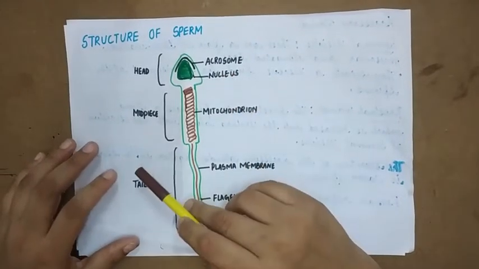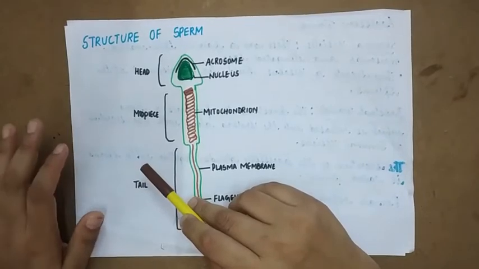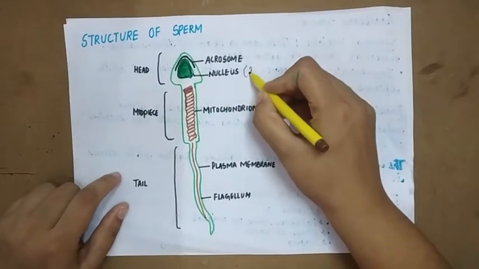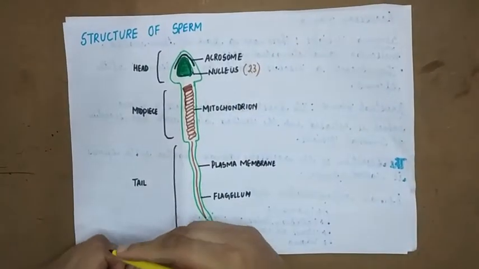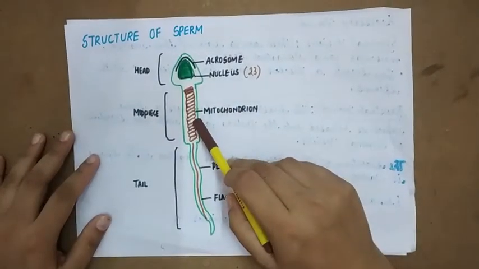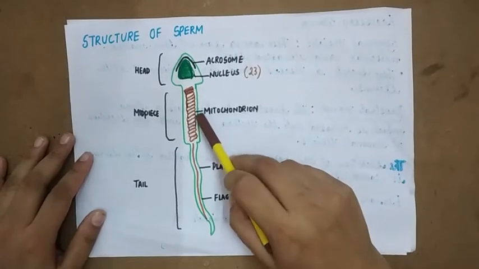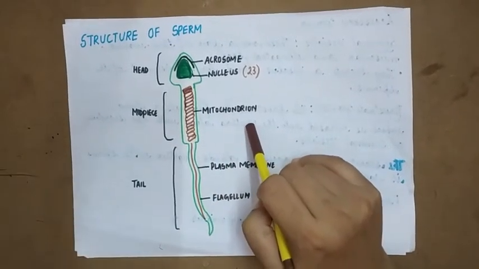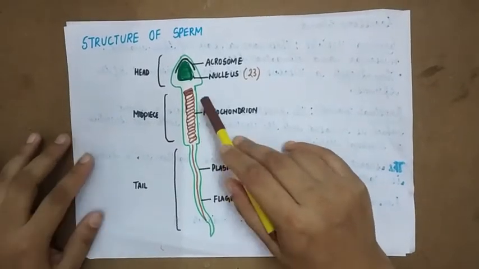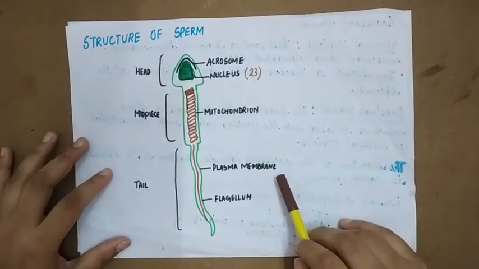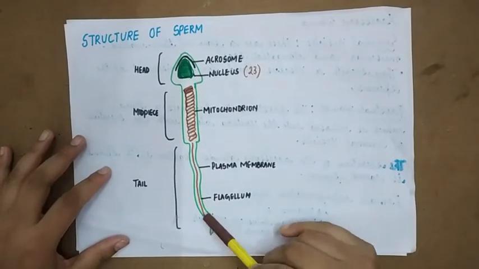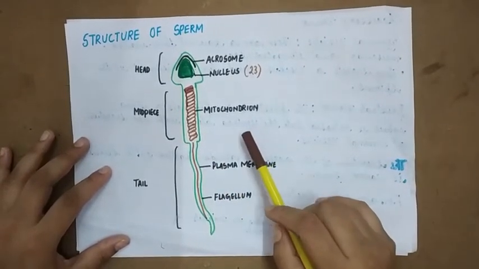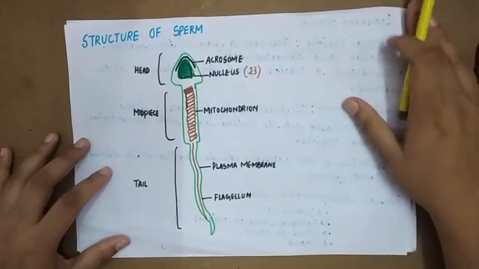The nucleus is haploid. It means it has just half of the chromosomes, that is 23 chromosomes when I talk about human beings. And for the motility of sperm, energy is needed, which is present in the mid piece. The mid piece has the presence of mitochondria. It provides the energy for the motility. And then there is a tail piece which also helps in the motility, whereas mitochondria provide energy for the motility.